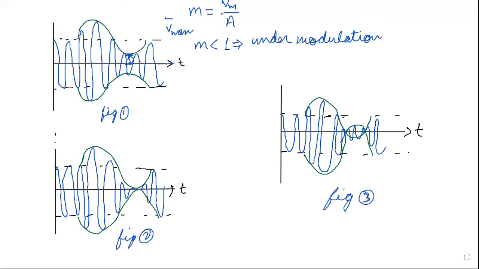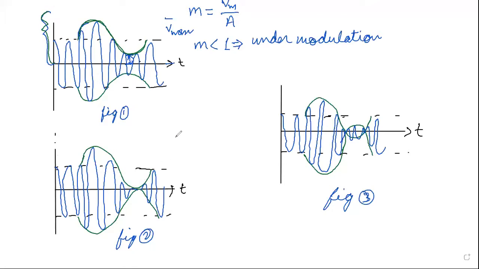So for the first case, what we are seeing is that if we only detect this positive half of the signal at the receiver, then we can find out this part of the signal, which is our message signal. Our motto is to detect this signal at the receiver side. So we can easily detect this signal at the receiver side if we are able to detect this much of the signal only.